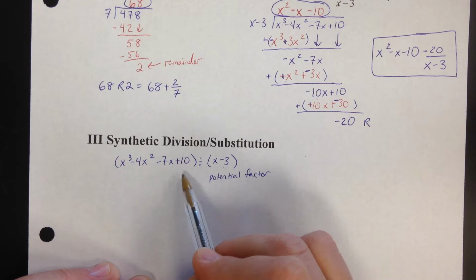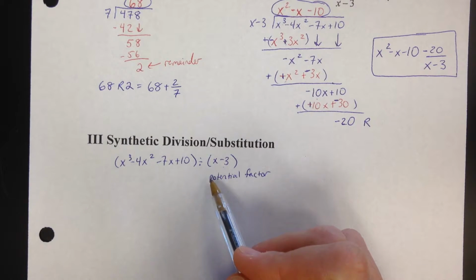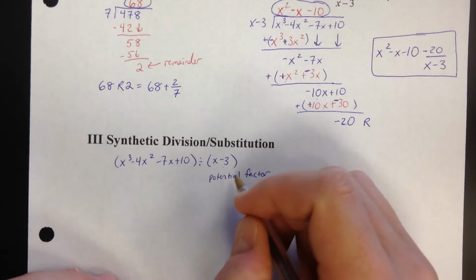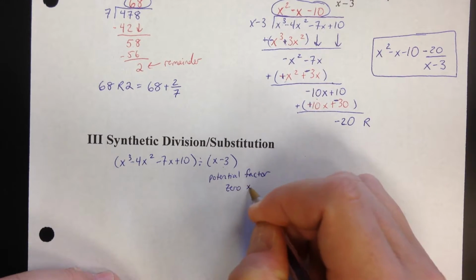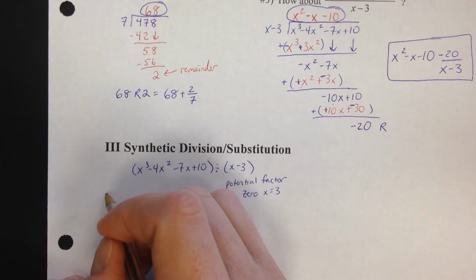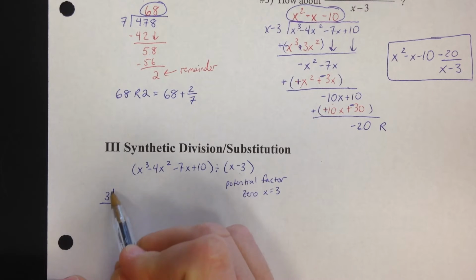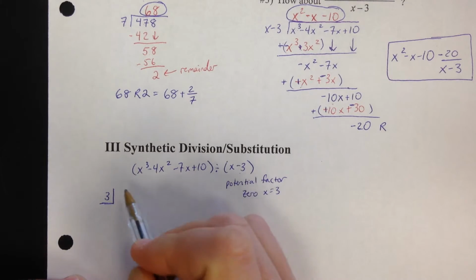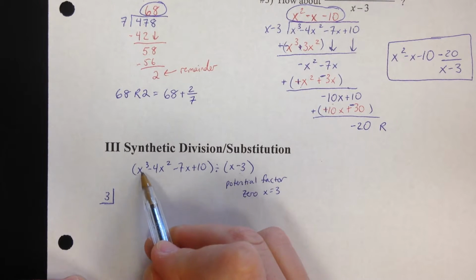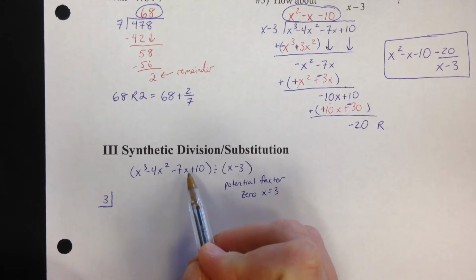Okay, if I was solving this equation, setting it equal to 0, if x minus 3 was a factor, then the 0 would be x equals 3. So here's how I set this up. On the side here, I'm going to write 3, and I'm going to kind of line this off. Now, I'm going to write the x to the third minus 4x squared minus 7x plus 10,